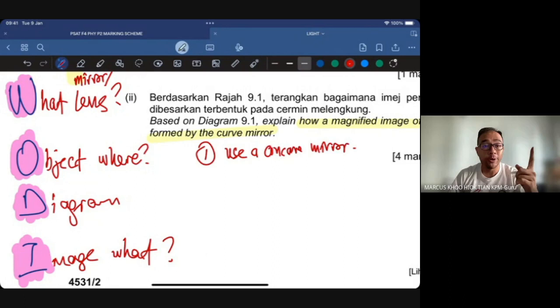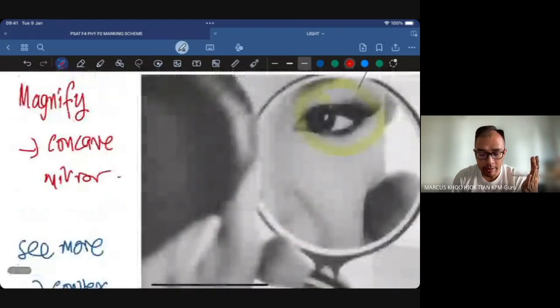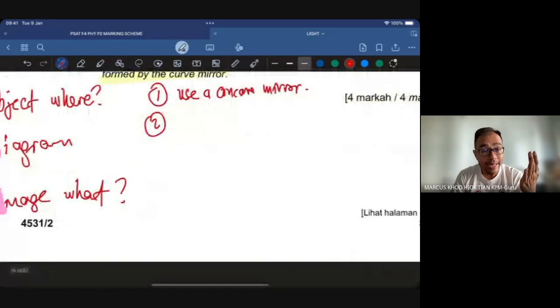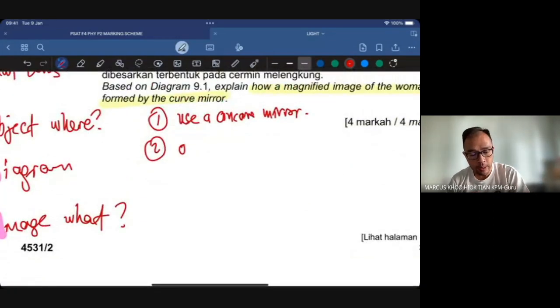Okay, that's the first point: what mirror you're using. The second point is the object. If you're talking about magnifying, actually this is quite easy. The object has to be less than the focal length. Okay, the object is placed